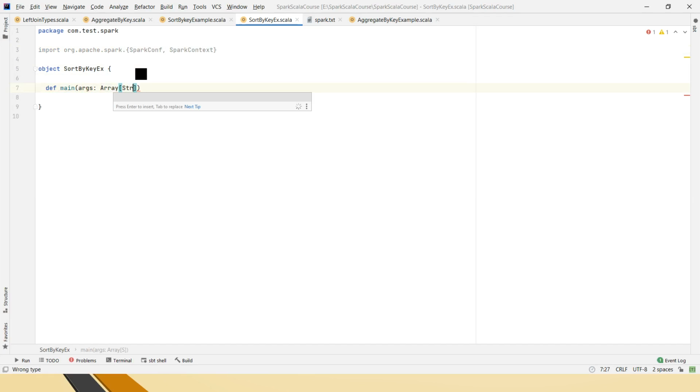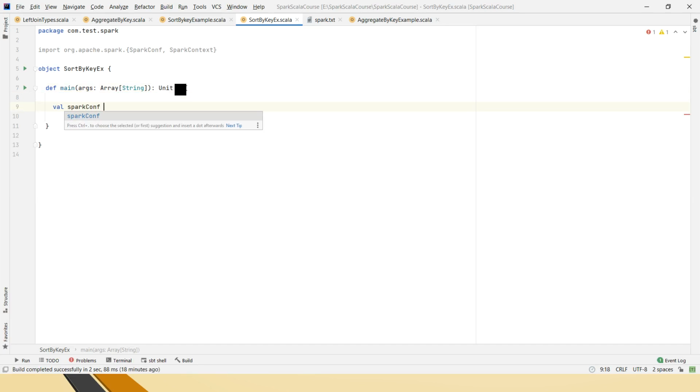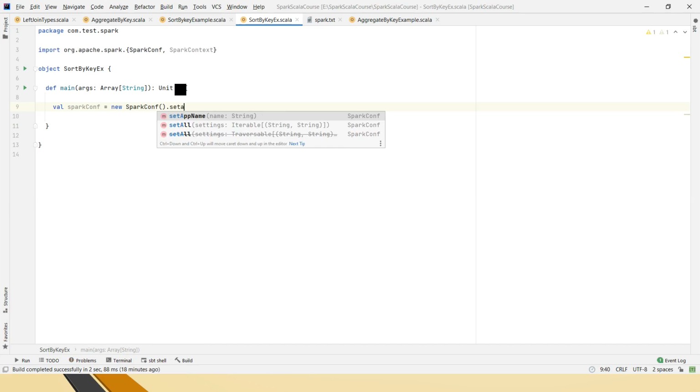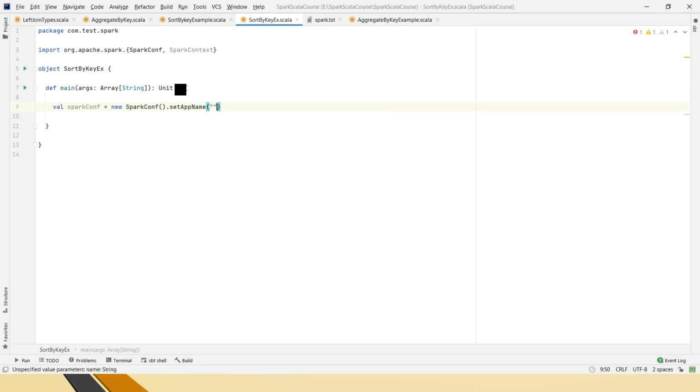I am defining the main method, creating the SparkConf variable, and giving a name to this code.